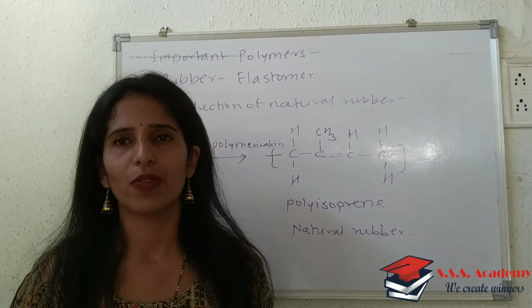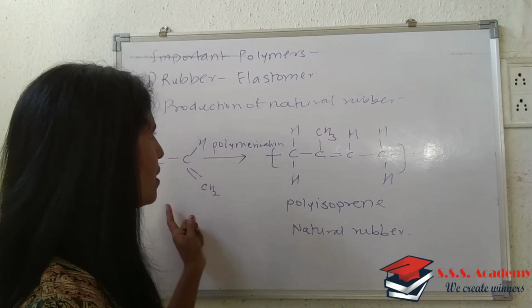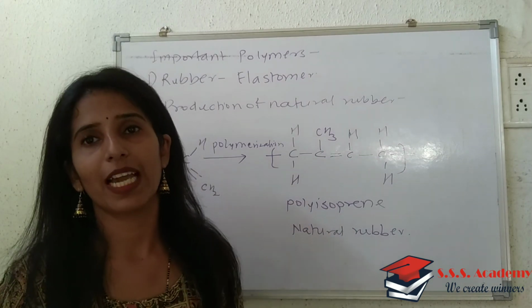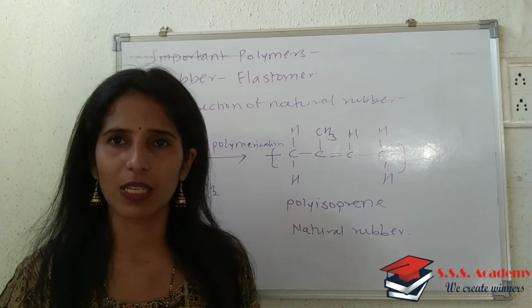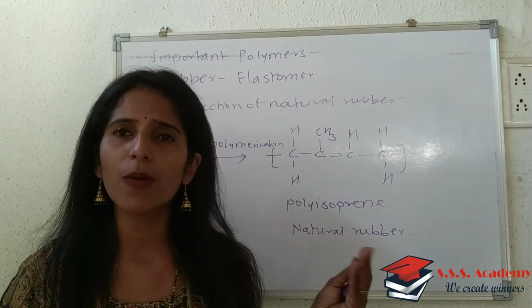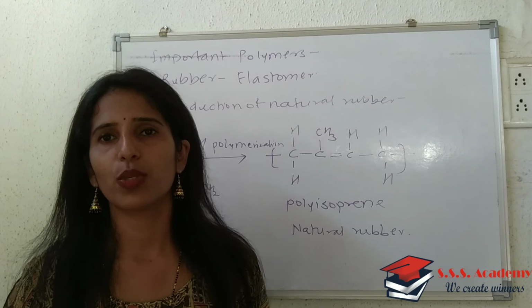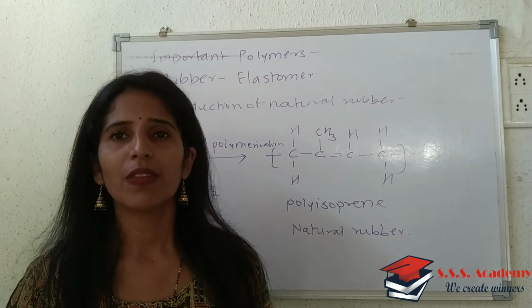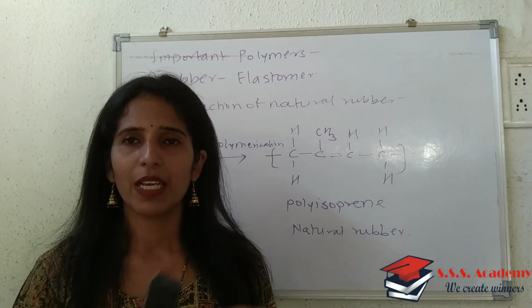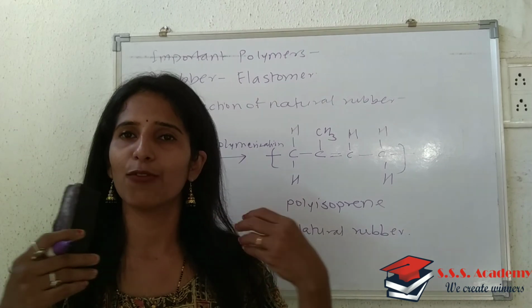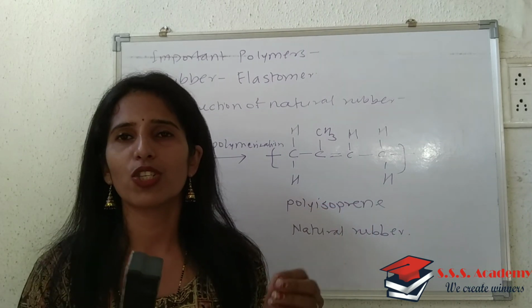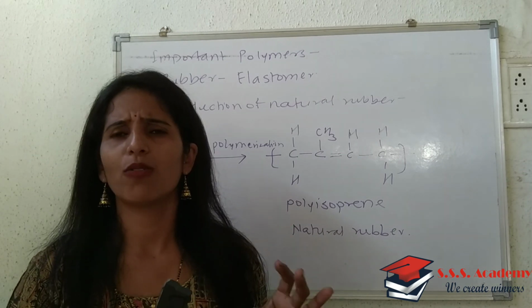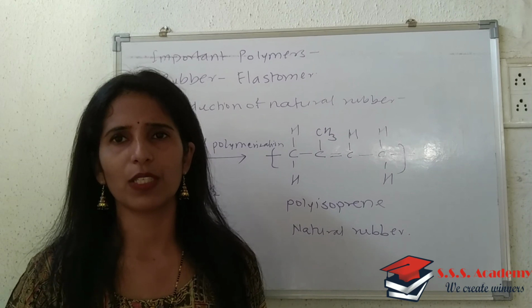And the second point you will write is, as far as this coiled structure is concerned, this type of polymer can be stretched whenever a deforming force is applied, and whenever the deforming force is removed, it regains its original shape. So in the second point you will write, since natural rubber consists of a coiled structure, whenever the deforming force is applied, that polymer can be stretched, and whenever the deforming force is removed, it regains its original shape. So this is something about the properties of natural rubber.